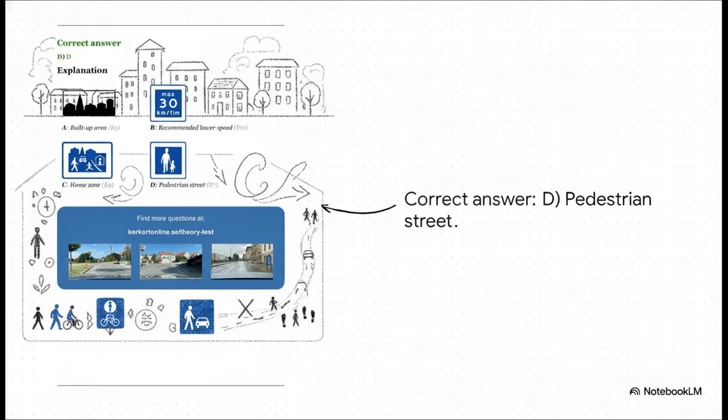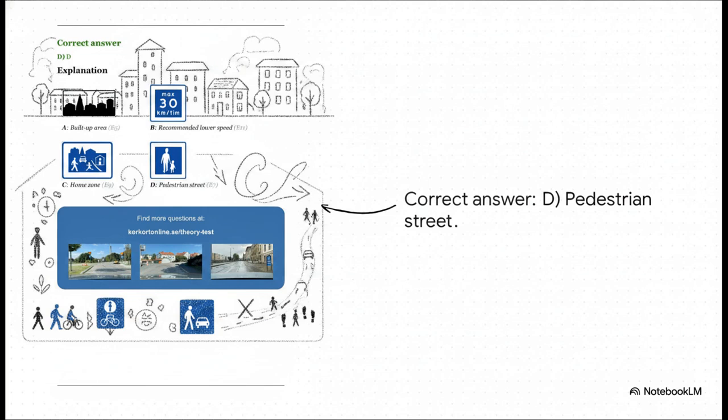Okay, if you went with D, you nailed it. Let's do a super quick recap just to cement this. Sign A is your built-up area. That sets the town's baseline. Sign B is that recommended lower speed we just unpacked, the strong suggestion, not the hard limit. Sign C is the home zone, open to all traffic but capped at 7 kilometers per hour. And that leaves D, the pedestrian street, which has the rules of the home zone, but it's totally closed off